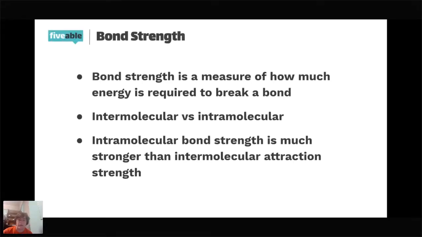Bond strength. We were just talking about this. Bond strength is a measure of how much energy is required to break a bond. And there are two types of bonds. A chemical bond is more like what we're talking about, but there's intermolecular versus intramolecular. And intramolecular bond strength is much stronger than intermolecular attraction strength. So this is